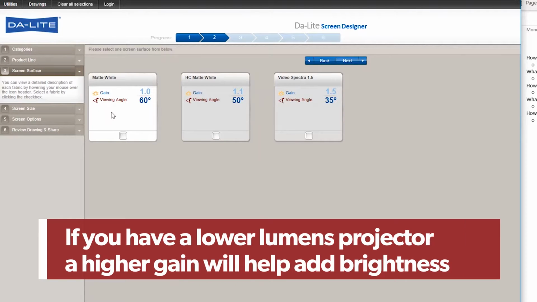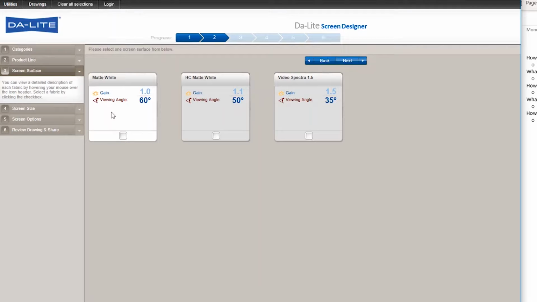As you start ramping up the gain, in most cases in screens, you actually start to decrease the effective viewing angle. And what the viewing angle means is the angle in which you could actually sit at the screen off center and still view a clear image. So at 1.0 gain, it's 60%, at 1.1, it's 50%, and then it gets all the way down to 35% when you get up to